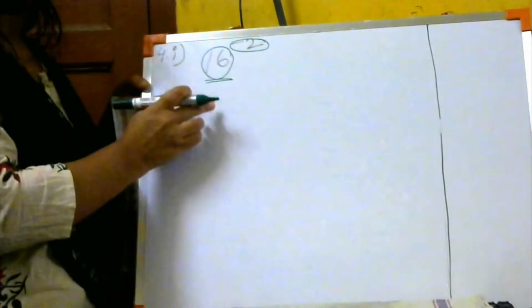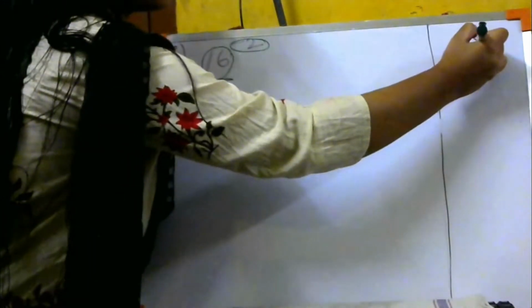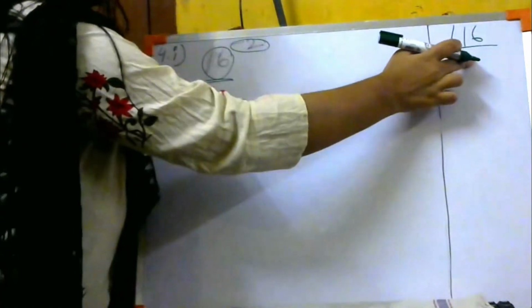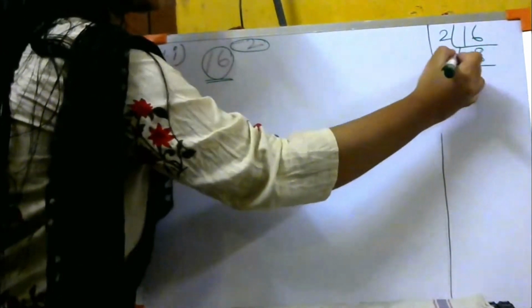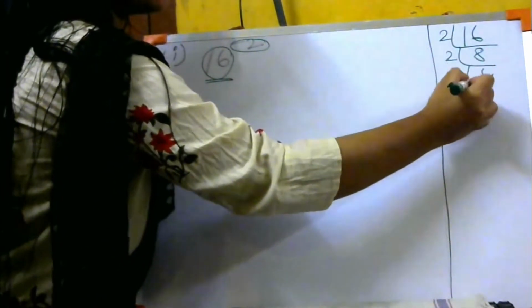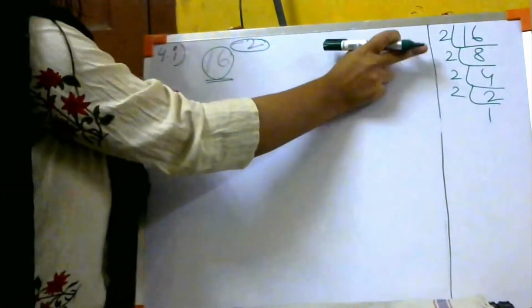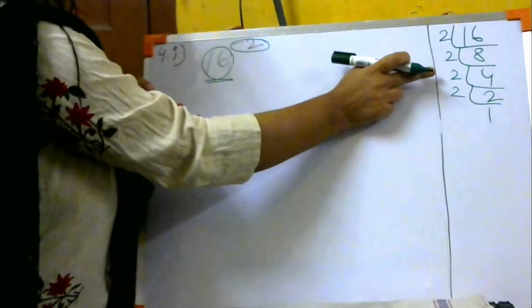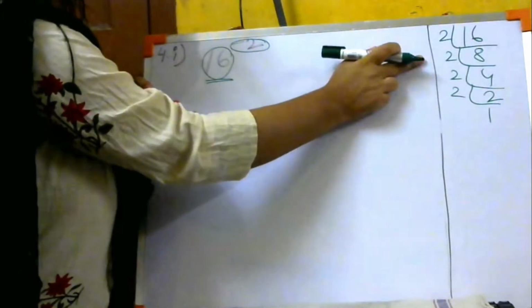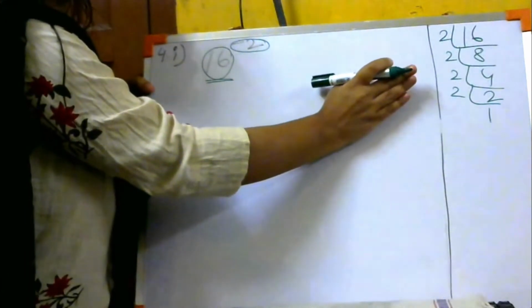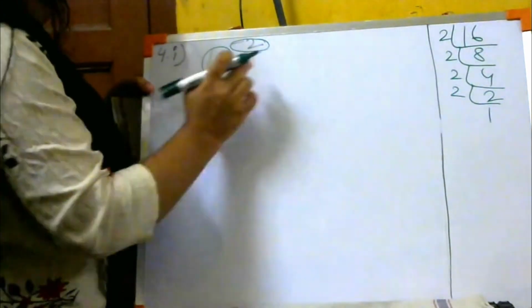तुमको 16 को 2 करना है, ठीक है? तो how you are going to do it? So you will do the prime factorization method. Okay, find the factors of 16. 2s are 8, 2s are 4, again 2s are 2, 2s are 1. कितना टाइम्स 2 रिपीट हो रहा है? 1 2 3 4, 4 टाइम्स. If I multiply 2 into 2 into 2 into 2, 4 times, then I'm going to get 16. So you have to change the 16 in the form of 2.